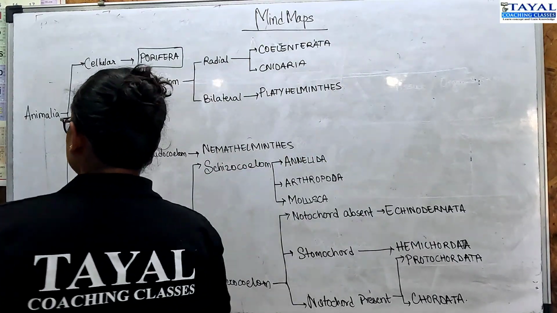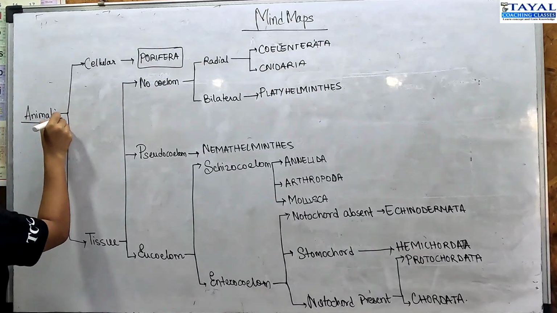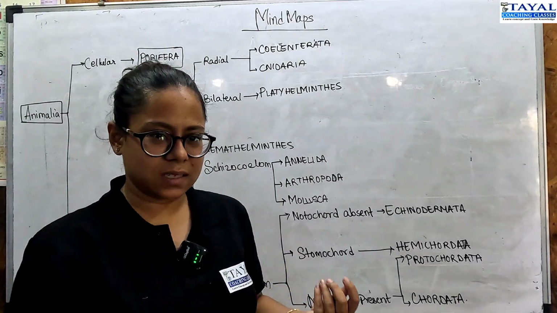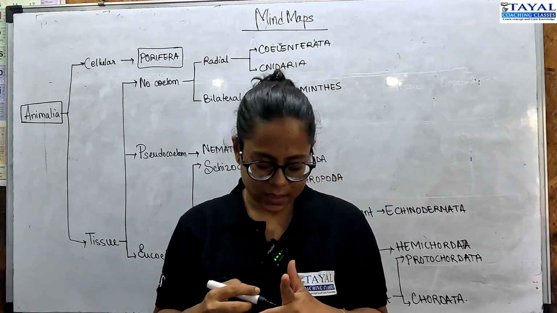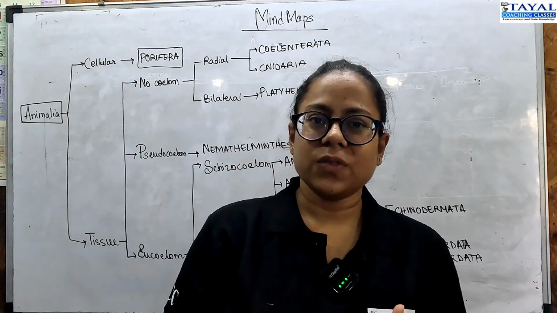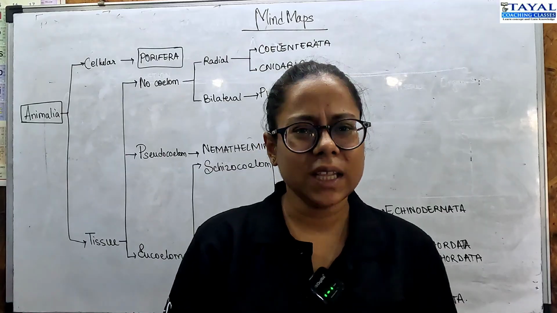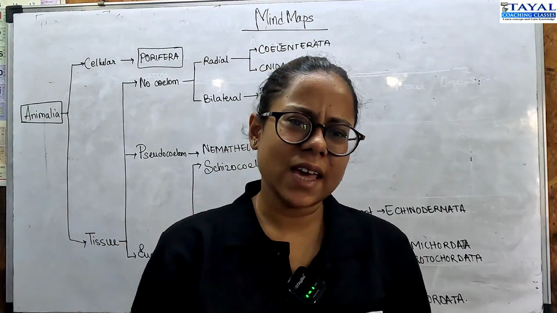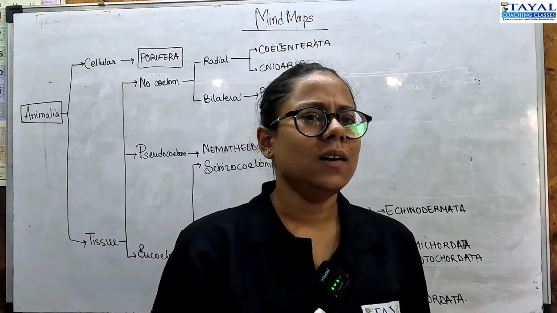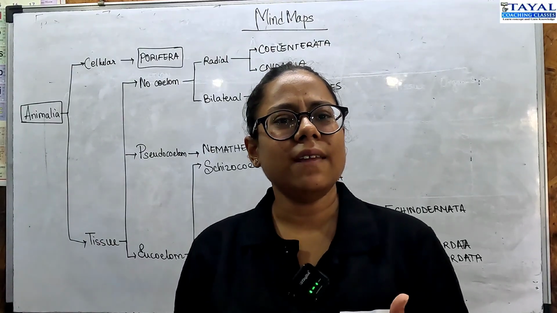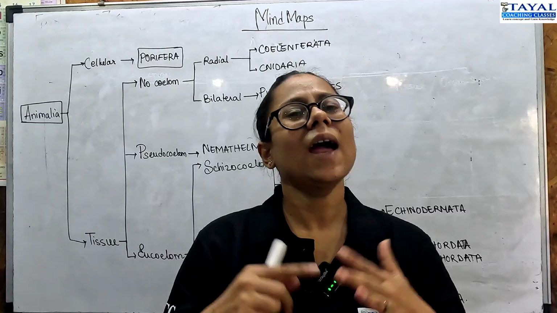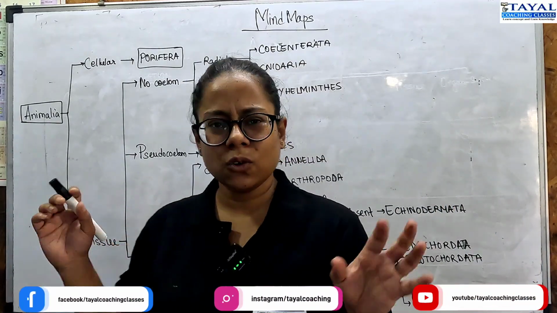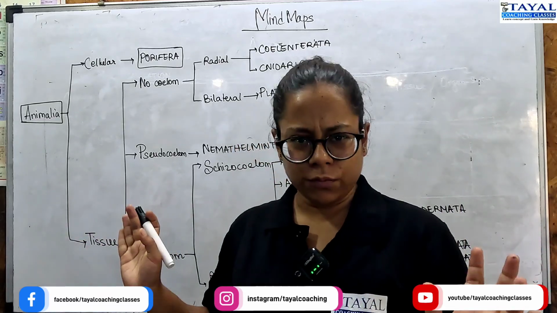So let's start. Kingdom Animalia was classified on multiple bases. As we have already discussed, there was the basis of level of organization, body plan, coelom, type of coelom, number of germ layers, body symmetry, type of reproduction, and then presence and absence of notochord, and many more. Out of them, the most important ones have been taken to form a flowchart of classification.